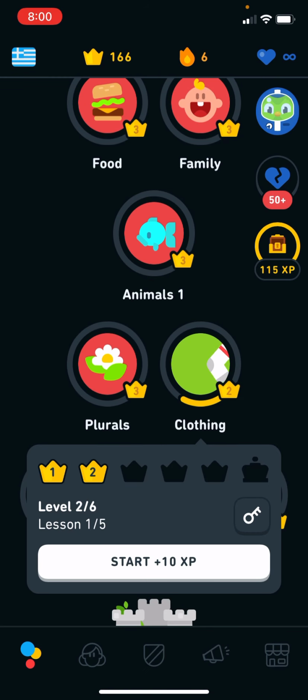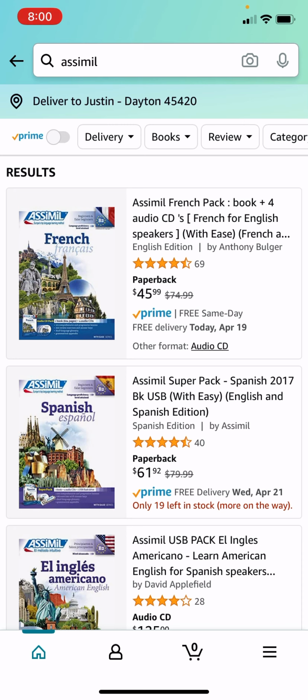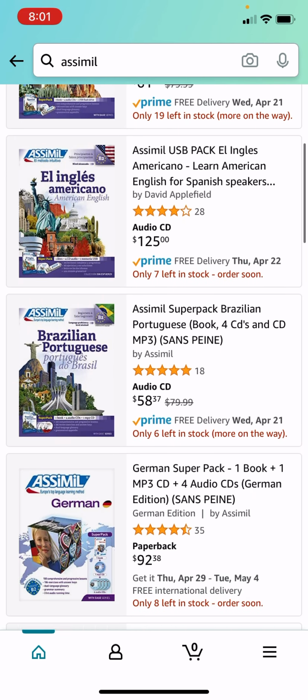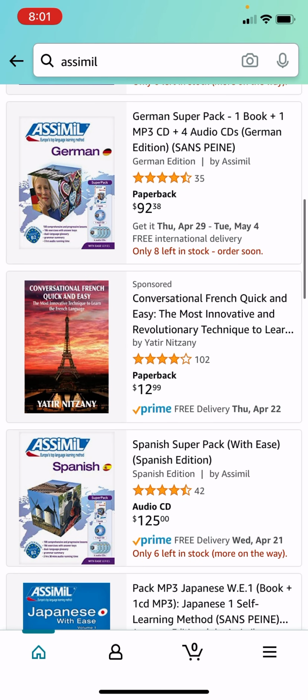I don't have anything pulled up right now. I used the Assimil Hebrew when I learned Hebrew, but I don't have any of the recordings anymore. I think there's some that are free you can listen to, if you go to, I can't even remember the name of it now. It's one of the flashcard systems, not Anki, but